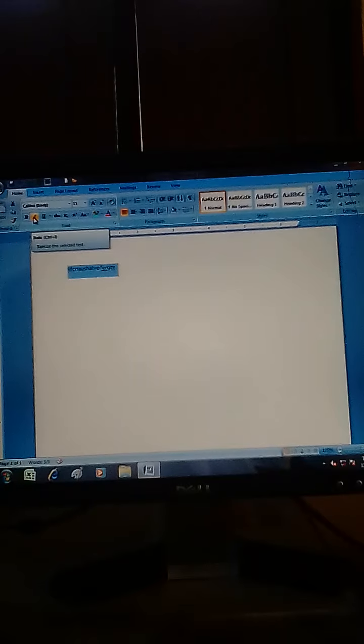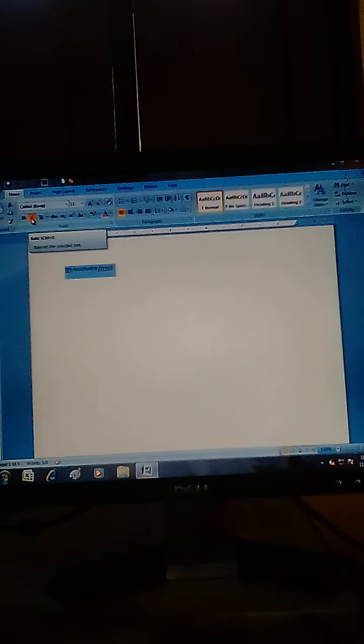Similarly, we can also make our typed sentence italic. Once we press I, our selected sentence will be in italic form. When we click a second time on I, the italic formatting will be removed from our selected sentence.